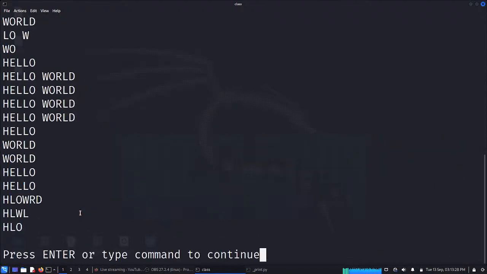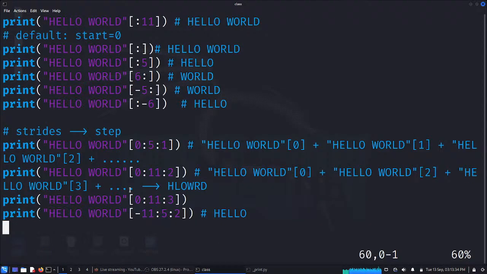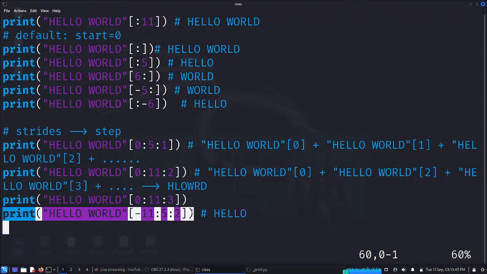Right? So I get H, L, O, right? So I get H, L, L. So which is okay, right? I mean, which is right. So I believe this is fine. And now we can go to the, so if you want to do one more example with the negative only,